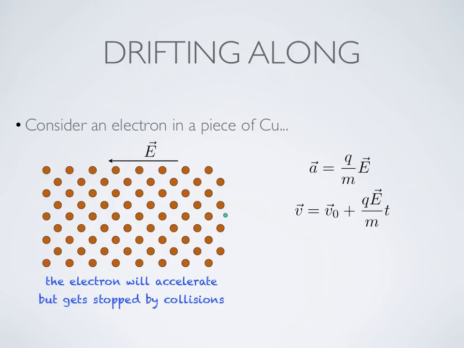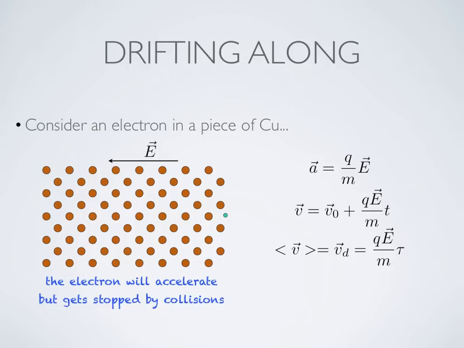So the average velocity as a function of the field is going to be equal to QE over M times some value tau, where tau is the average amount of time it takes between each of those scatters. This is actually something that's a constant for different materials. It depends on the density and the amount of charge and a lot of different things. But in any case, tau is a property of the material,